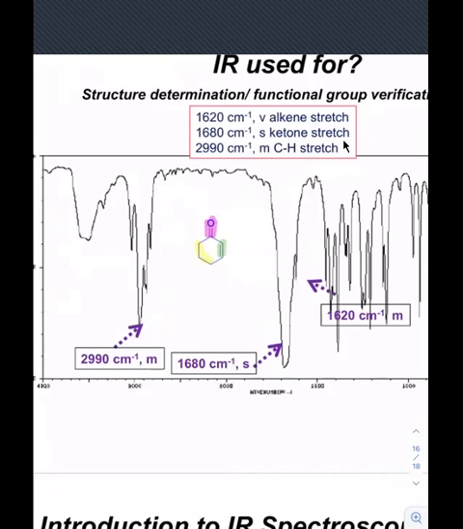The one highlighted in yellow, just the CH sigma bonds. Which one of those signals corresponds to that? The one to the right. To the right? What's the number? 1620. So remember that the alkyl stretching